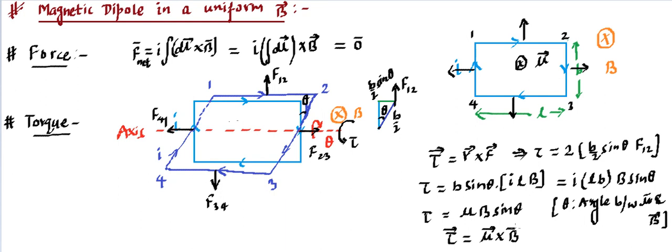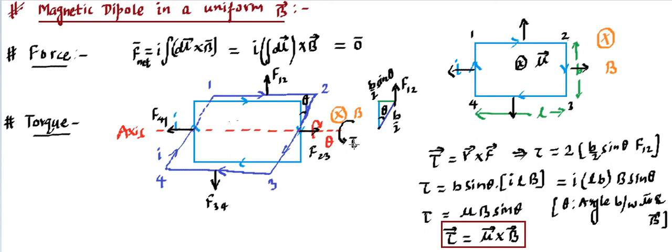This mu cross B gives us both the magnitude as well as the direction of the torque on the loop because of the presence of the uniform magnetic field B. So this is how the proof goes, and now we need to remember this final result, which is tau equal to mu cross B. For all the calculations, we are not going to go through this type of derivation unless a derivation is asked, and we will simply find mu. How to find mu? Mu is calculated as I into area, and B will be given to us. We will identify the directions, then write mu B sine theta as the magnitude and find the direction by using the cross product rule.